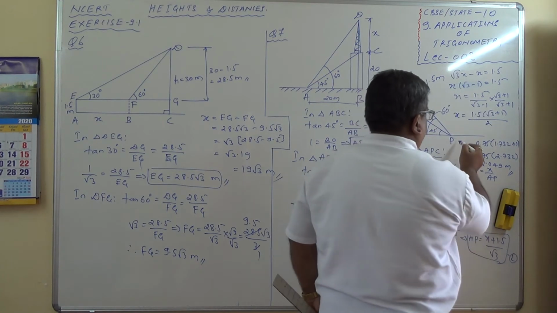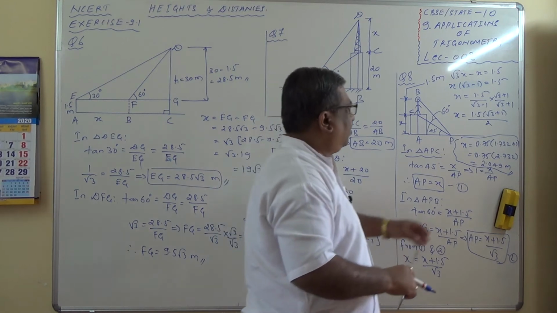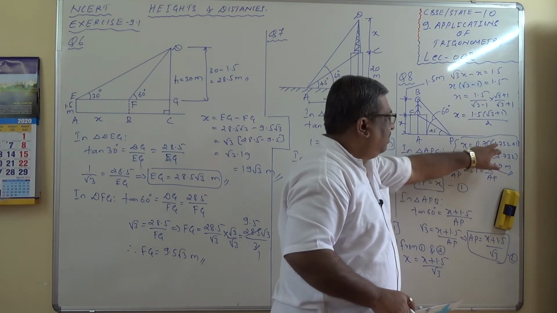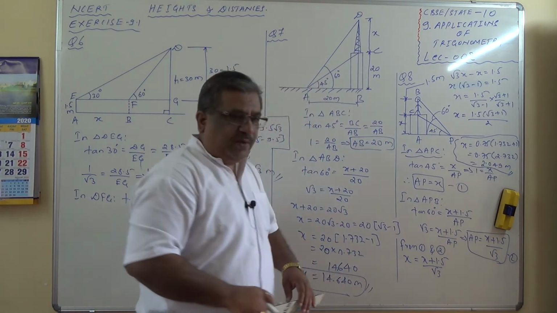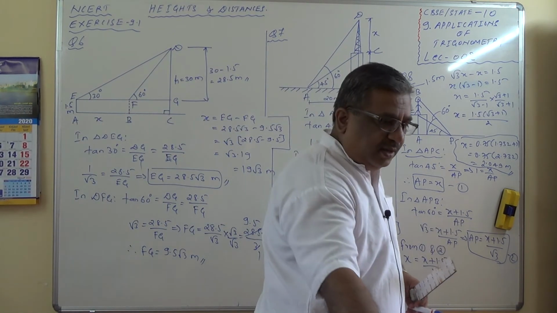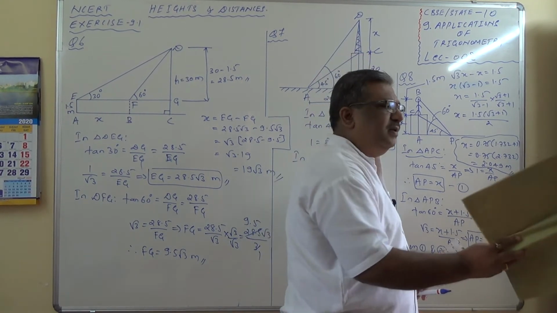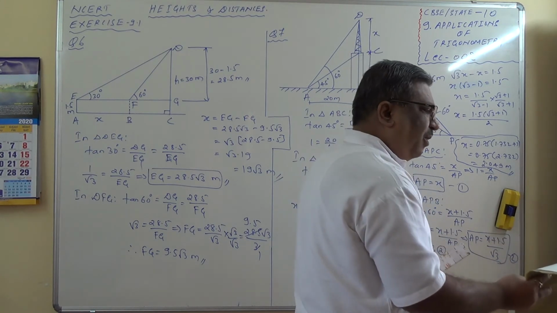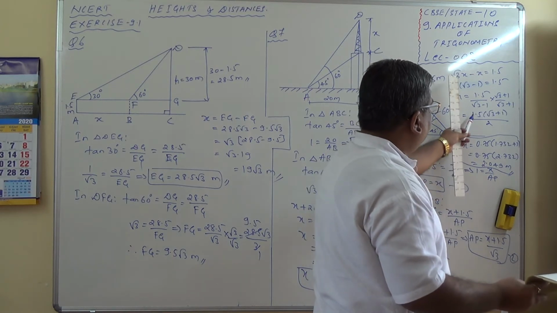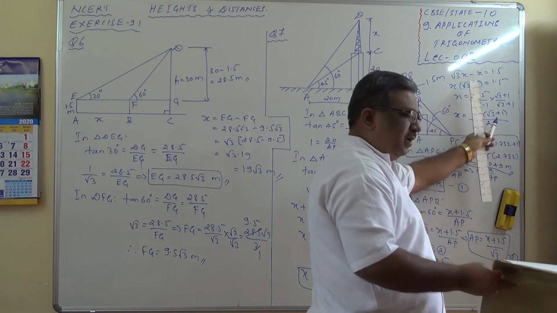Now this answer can vary to some extent because the decimal value that we take for root 3 makes the difference. If you take 1.73, the answer will be different, whereas with 1.732, the answer will be different. What is the answer in the textbook? The answer from the textbook for question number 8 is 0.8 times root 3 plus 1. Here 15 by 2 is 0.75, therefore it is rounded off to 0.8 into bracket root 3 plus 1.